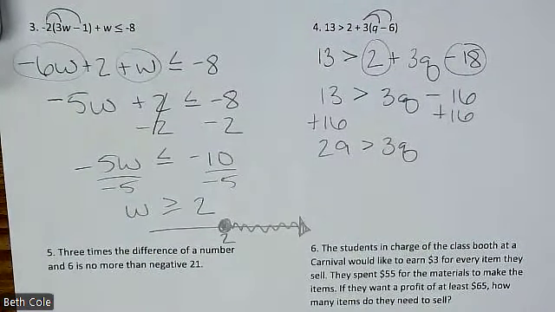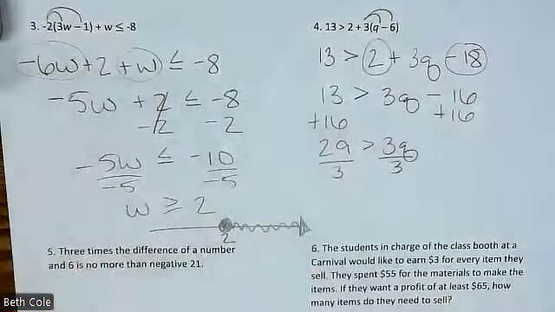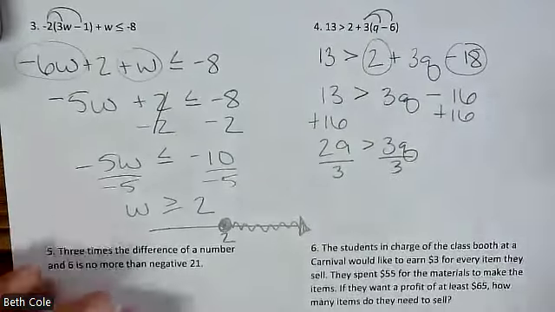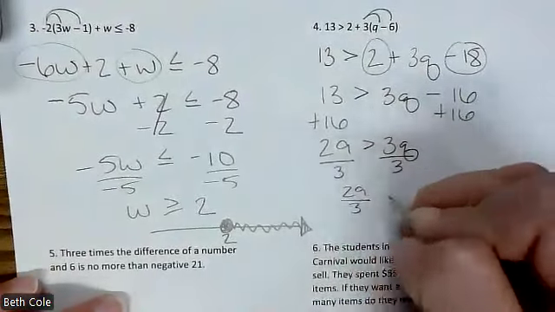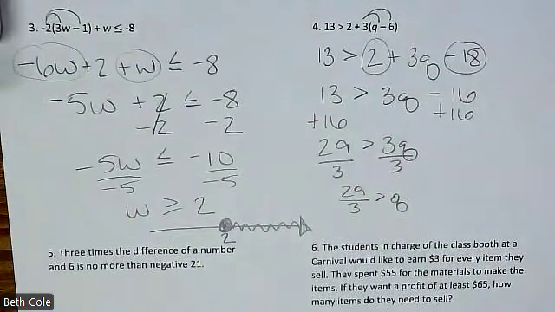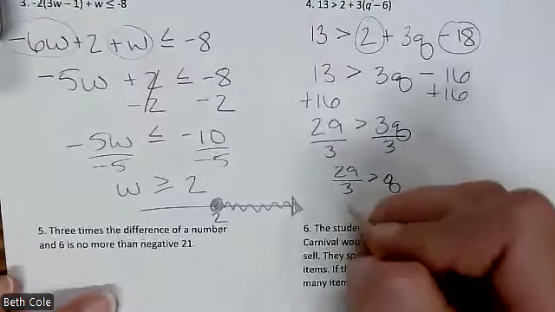It's weird. Like, can't we just stick with X? And then divide by 3. I will go ahead and tell you, if you type 29 thirds in the calculator, it's not going to reduce. Do we panic? No. Just leave it 29 thirds. Now, there's 2 things you can do. You can either leave it like that and just understand that it's backwards, or you can write it the other way. If you want the variable on the left side,